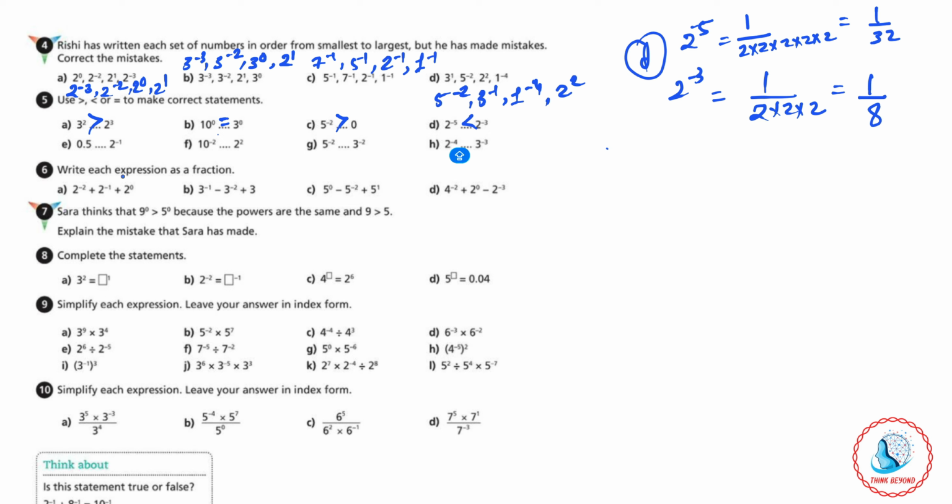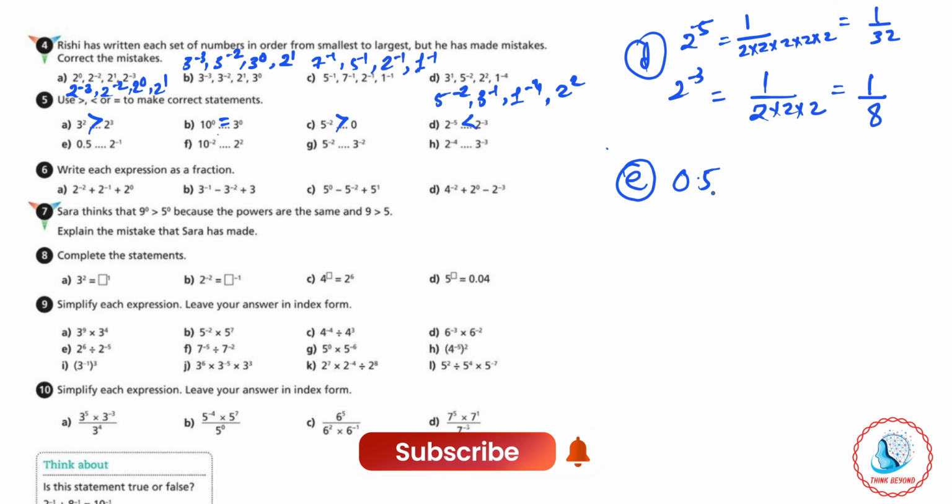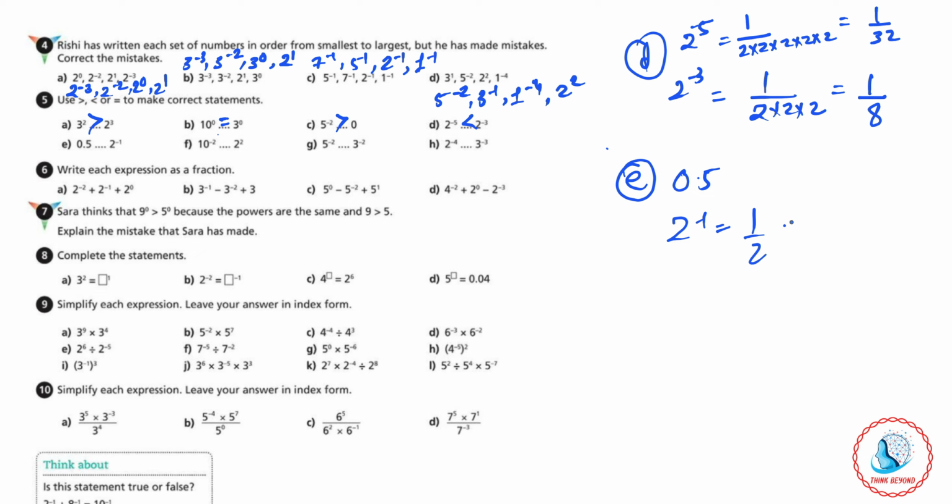Now for question number E, 0.5 or 2 raised to power minus 1. So it's 1 over 2. 1 over 2 is 0.5. So this is equal. Now question number F, 10 raised to power minus 2, which is 1 over 10 into